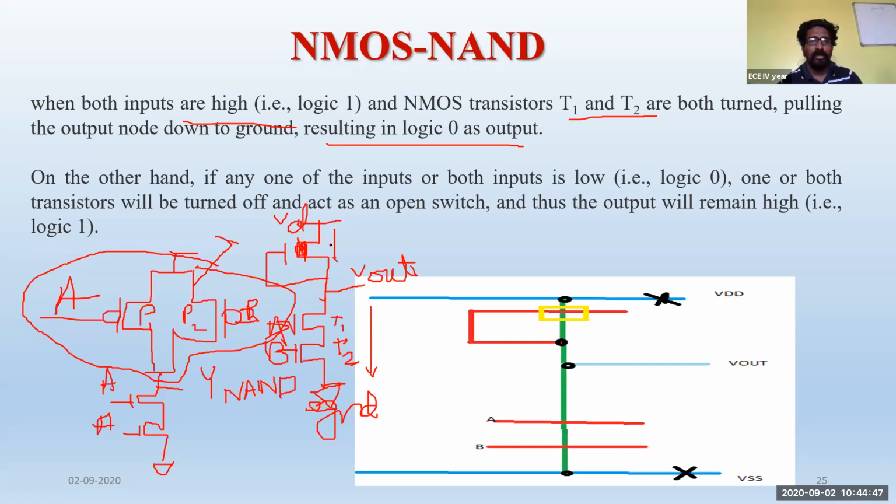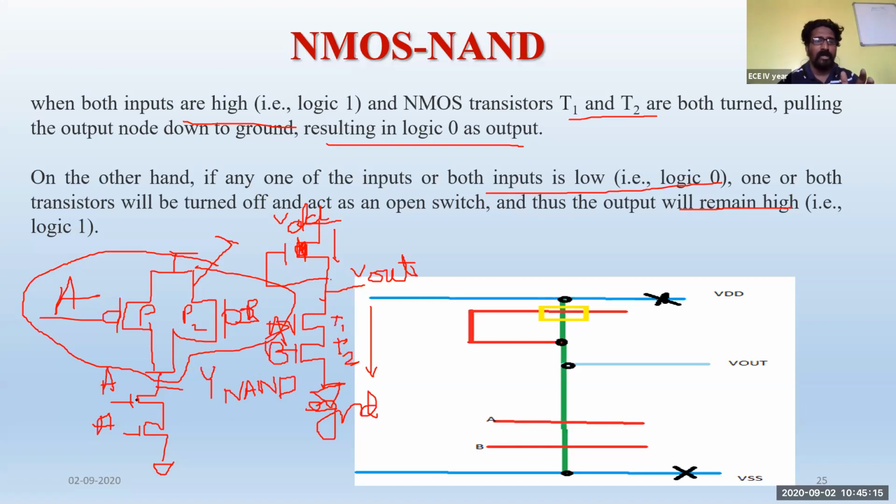So the VDD will flow through this depleted transistor to this output. And again, the output will become equivalent to VDD, which is only approximated to VDD, but not equal to VDD. So in that way, we'll get an output equal to logic 1. You'll have an output equal to logic 1 whenever both the inputs are very low, that is logic 0. So this is the operation of your NMOS inverter.